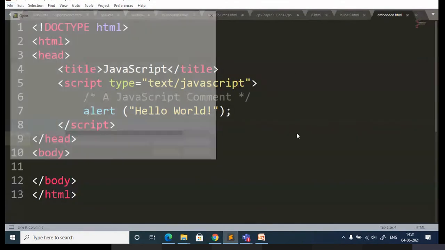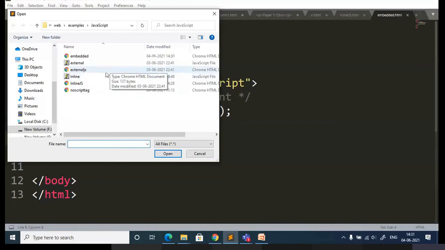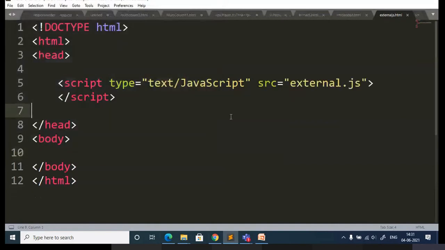Next we'll move on to external JavaScript. Here you are not writing the code in the HTML file, you are creating a separate file called anything. You can give the file name .js, and you have to give the relative path. Here I have included this JavaScript file in the same folder where the HTML file is, so I have just given the name directly. If it is in a separate folder, you have to give the complete relative path here. The only thing is you need to specify the source, where exactly the external file is.